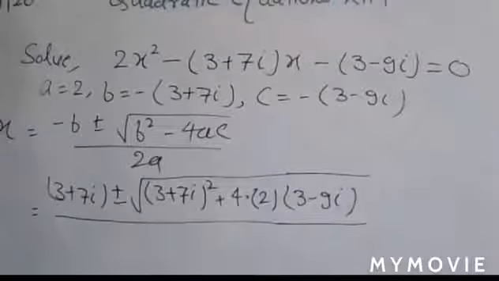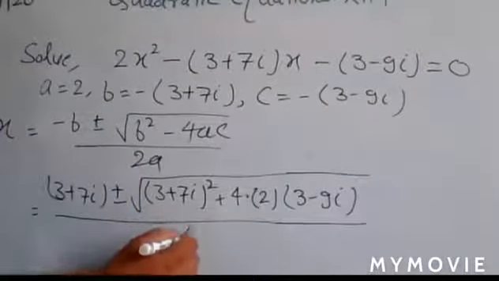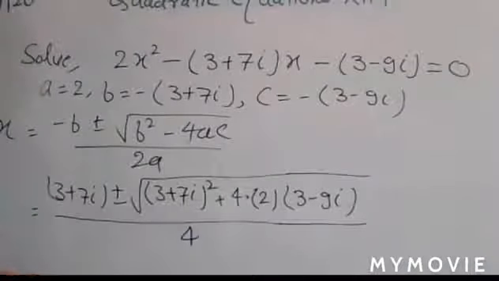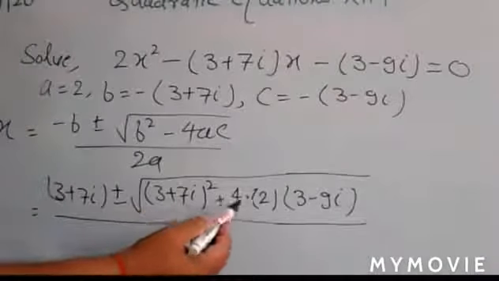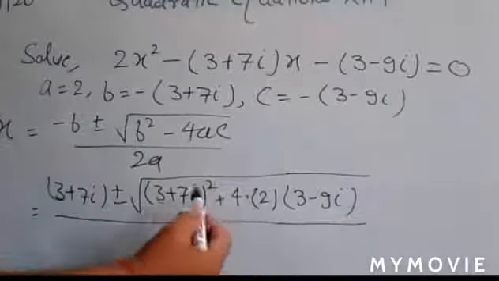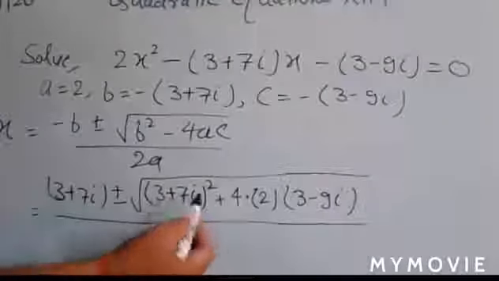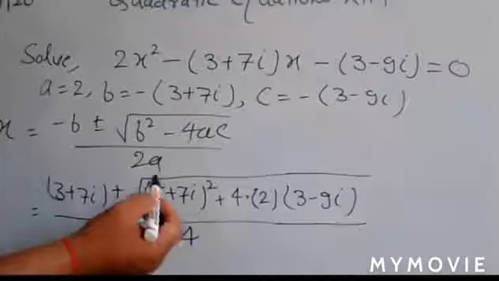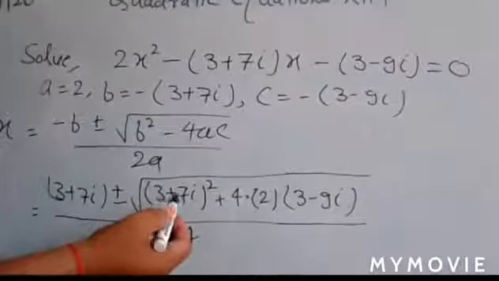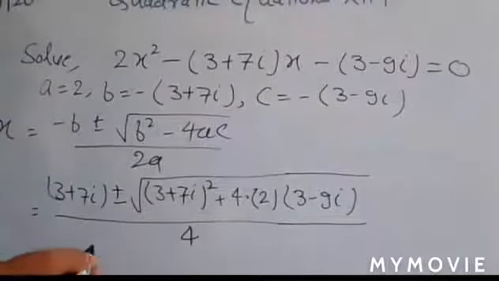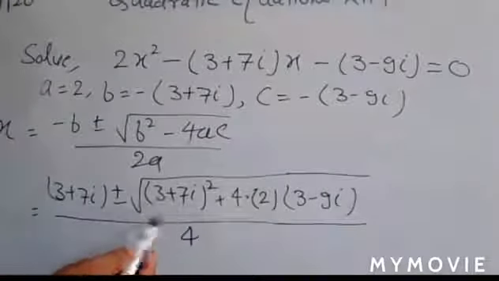Understand? And whole divided by 2a, so you write it as 4. So here you have 4. Now you're trying to solve it. If you are seeing this number, (3 plus 7i) whole square, and the product of these two, 3 7 are 21 into 4, it is not in the form of that identity. So here you have to solve it by another method.